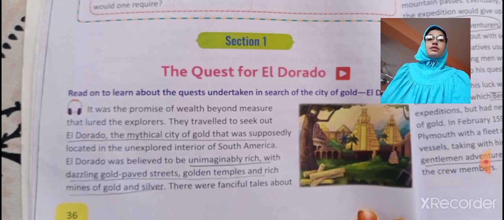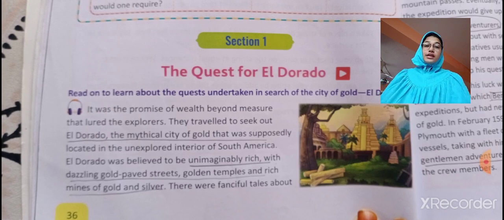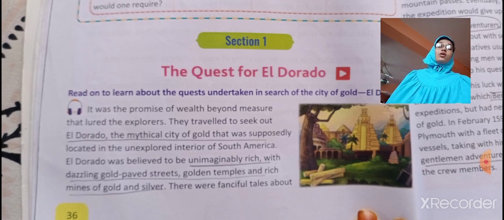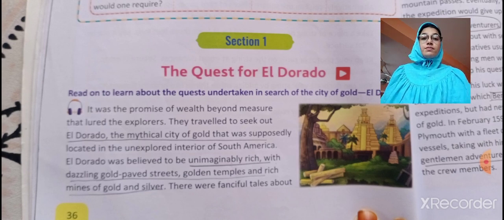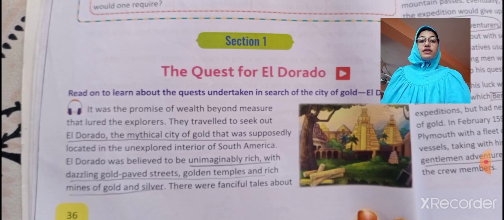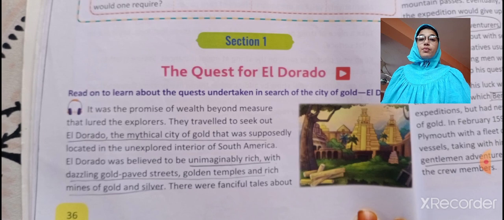So this city, El Dorado, everyone was in search of this city. So let us read how they found out the city and what all efforts they put in to reach up to this city. It was the promise of wealth beyond measure that lured the explorers. They traveled to seek out El Dorado, the mythical city of gold that was supposedly located in the unexplored interior of South America. El Dorado was believed to be unimaginably rich with dazzling gold paved streets, golden temples, and rich